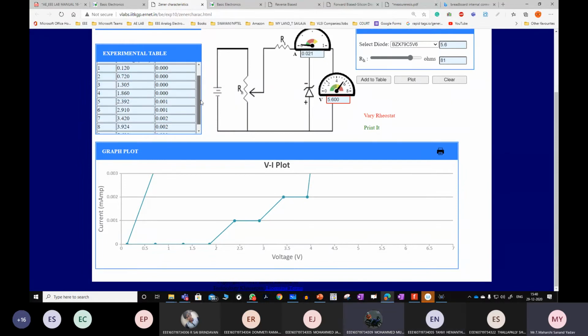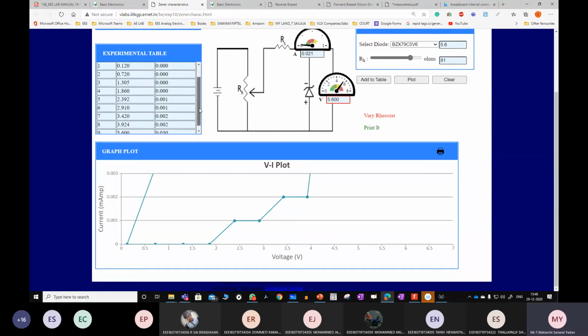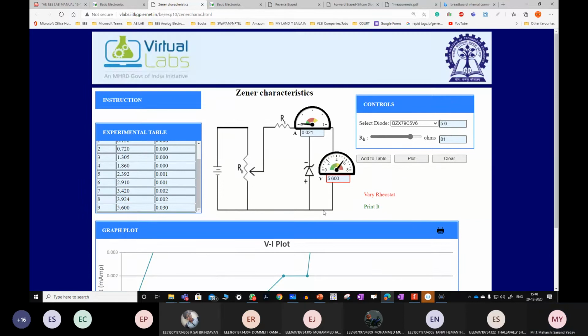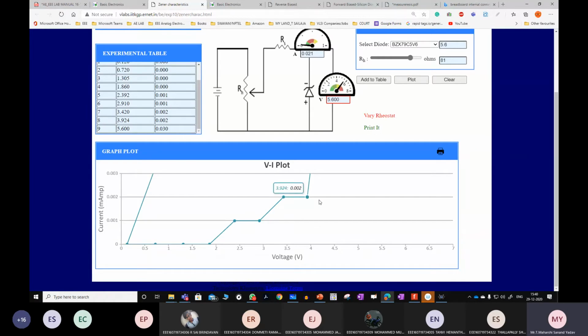Once it reaches that minimum point, at least 5.6, a small amount of current starts flowing. Here it is 0.002, next it is 0.030. For the Zener diode characteristics, can I treat this as forward bias or reverse bias characteristics? Reverse biased. Why? Because positive is connected to negative and negative to positive. Correct.